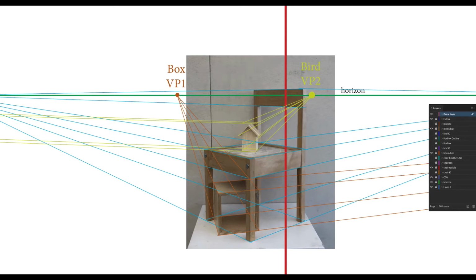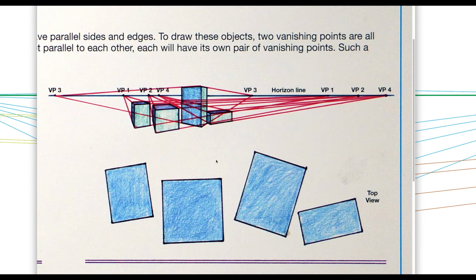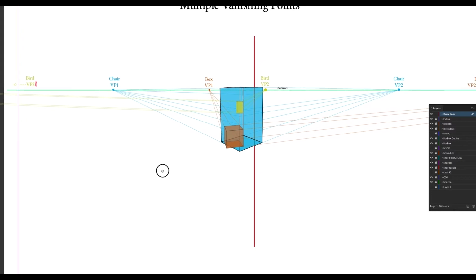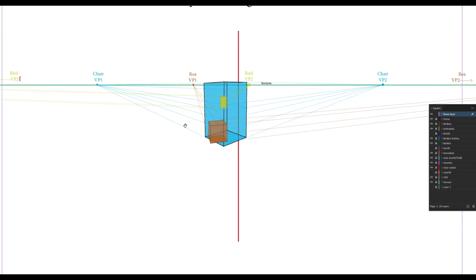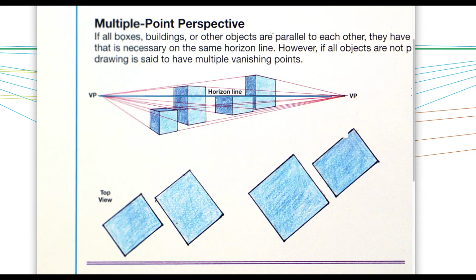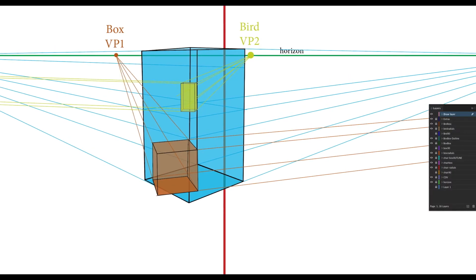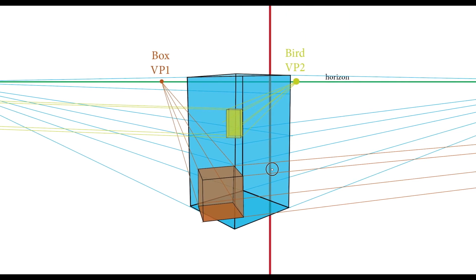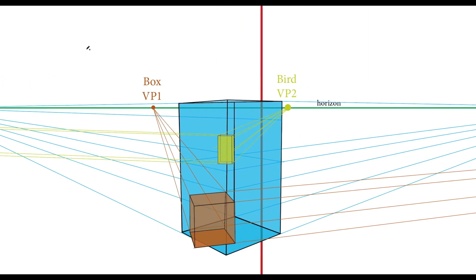It's the same as if they were boxes on a table. Hopefully this helps you understand multiple vanishing points a little better. I know this is sort of difficult, but rewind, pause, take a look at those supplemental materials, and I think you'll get this. And as always, please just email me if you're stuck. This is just going to be coursework. It's not graded as harshly as homework, but I just want you to understand this concept,